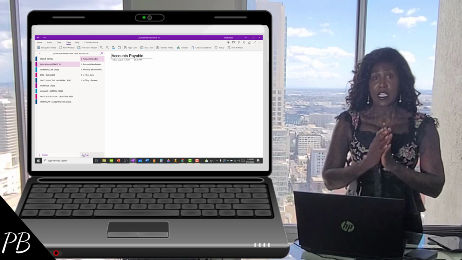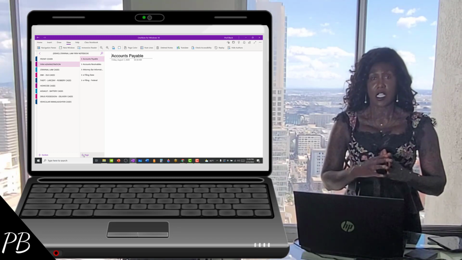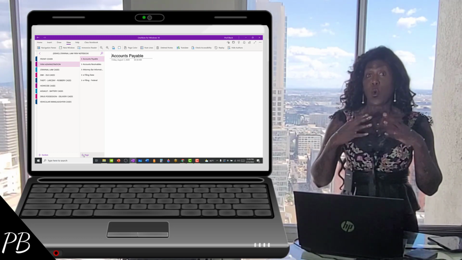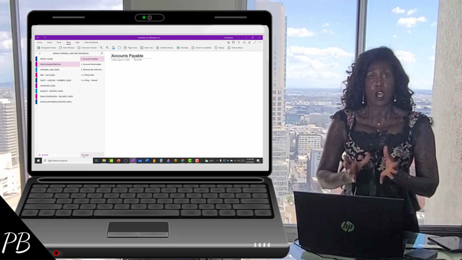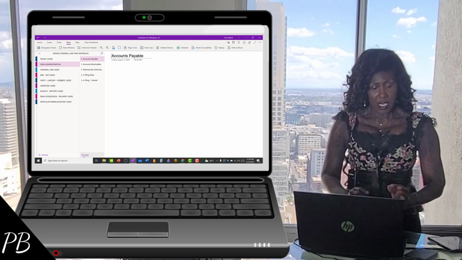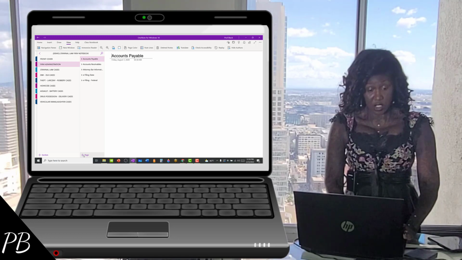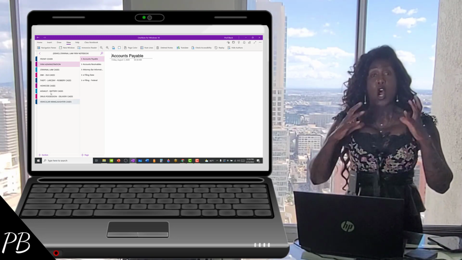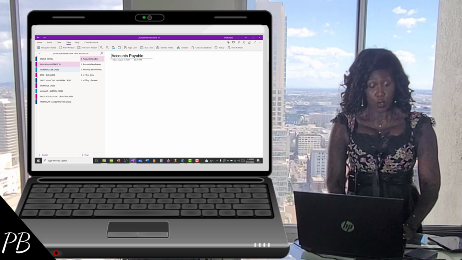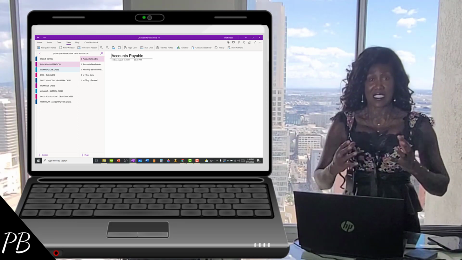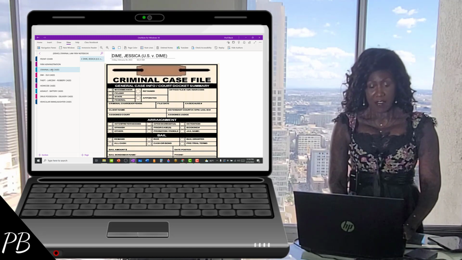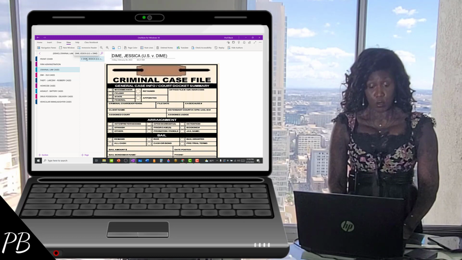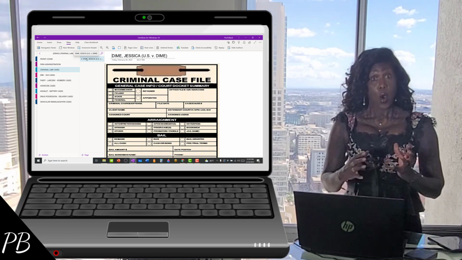Now, this template comes with a little bit of versatility, giving you the ability to decide how you want to organize your criminal law client files. And so here you can use this general setup and just organize all of your client files within one criminal law cases section. So you could have all of your client files organized just generally by alphabetical order, or